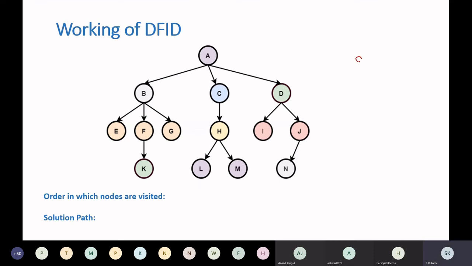First D will be 0, then D is equal to 1, then D is equal to 2, D is equal to 3. Keep on doing this. So for D is equal to 0, it will visit only one node, that is A. Is A a goal? No, it's not a goal. So increase the depth by 1. So D is equal to 1. Again, it will work like a BFS algorithm. So the nodes will be visited in this order: A, B, C for D is equal to 1.